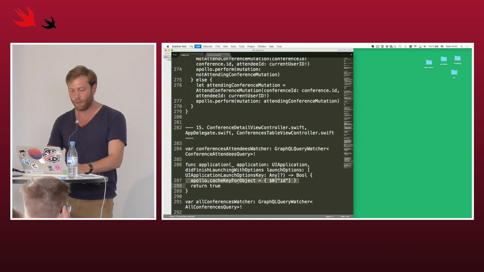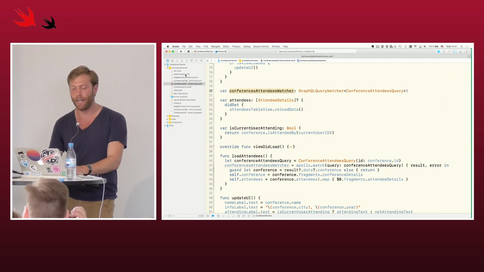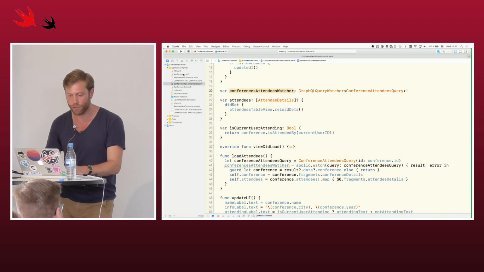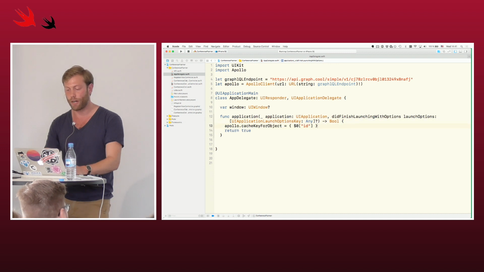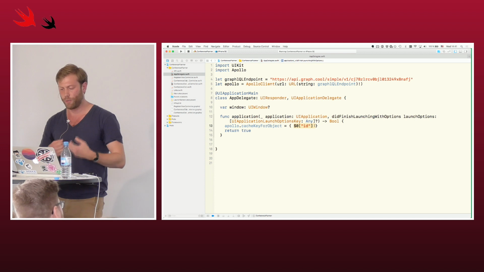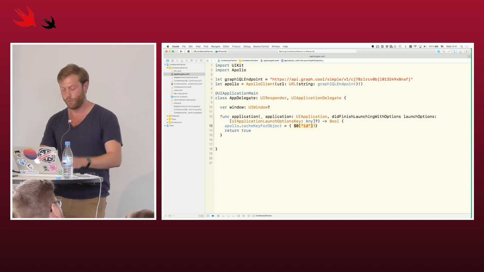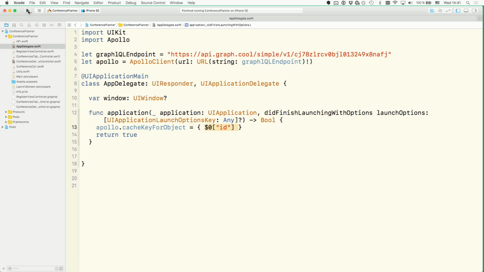Then we need to do one more thing, and that is we have to tell the Apollo client how it should identify the objects in our cache. And since we are using unique IDs for our objects, we can just do this. And that's just a really standard way of doing this. You don't really have to understand why we have to do it right now. So that should be good. And if we restart the app now, then we should see the UI in the details view controller update automatically,